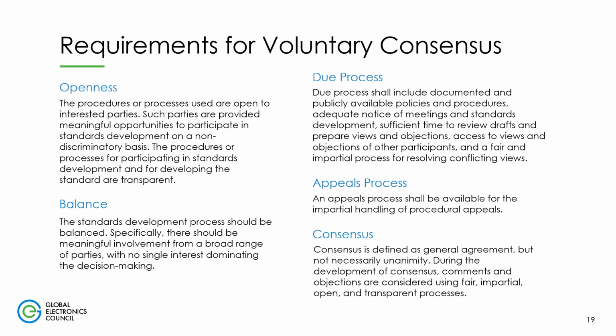So what you see on the screen in this slide is how the OMB Circular defines voluntary consensus standard. And it's really about the process in which the standard is developed. It has to meet these 5 elements of voluntary consensus, which are openness, balance, due process, appeals process, and consensus. And the OMB Circular broadly defines standards, and it can include a variety of documents,